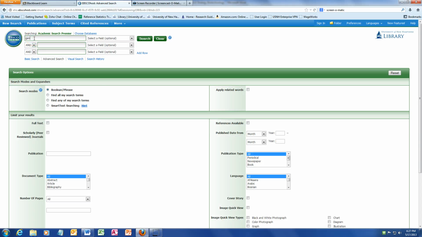My search is going to be genetically modified, and look, it actually prompts me for genetically modified food. Now, that's concept number 1. On the next line, linked with and, I'm going to focus my topic by putting in future. So right now I am looking for articles that are going to mention these 2 terms, genetically modified food and future. I click search,